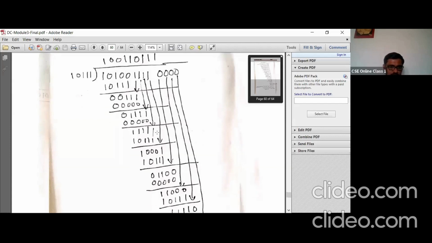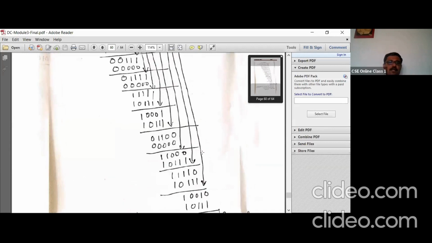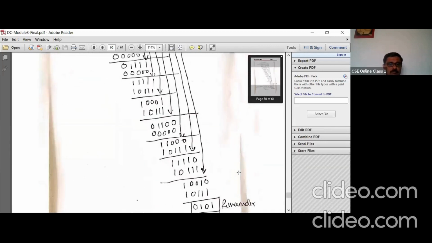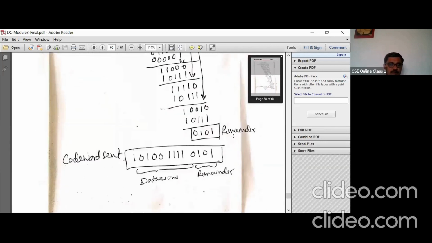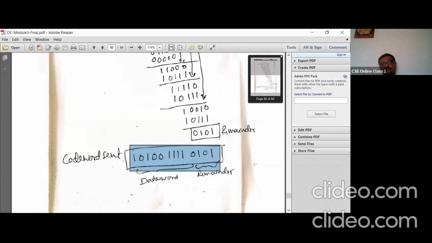Like that it continues. Here this is 1 now, the leftmost bit is 1, so you take 1 0 1 1 1 as the divisor, and like that it continues. At the end, you get 0 1 0 1, 4 bits. This will always be the number of bits you augmented. That many bits you get here. So 0 1 0 1 is my remainder. This is the code word sent: the data word part plus the remainder.